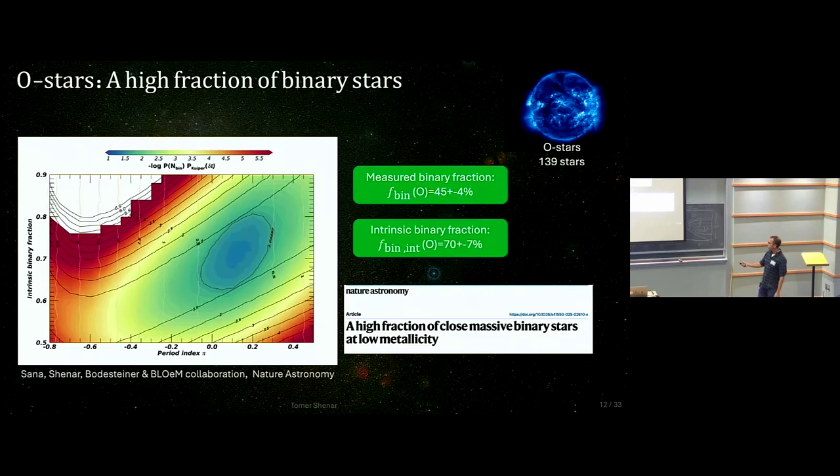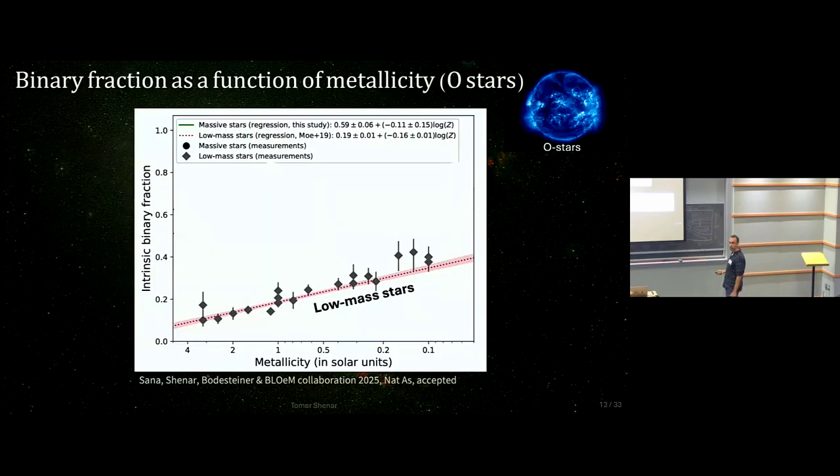You can also fit at the same time for the best power law index for the period distribution. What you basically get, this 0, means that it's flat in log P. Again, something that's quite famously observed for massive stars. So no surprises, except for the fact that massive stars at low metallicity seem to behave very similarly to how they do in the galaxy.